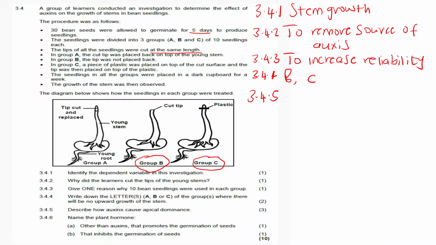Now 3.4.5. Describe how auxins cause apical dominance. How auxins cause apical dominance. The presence of auxin in the tip of the stem stimulates upward growth, and it inhibits development of lateral branches. So we can see the presence of auxins